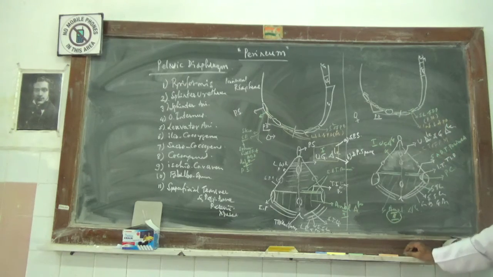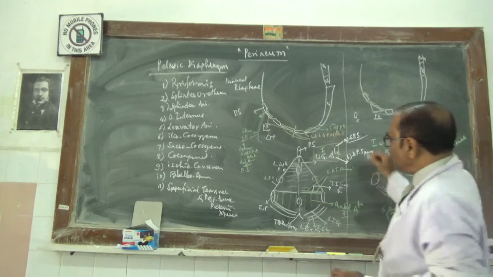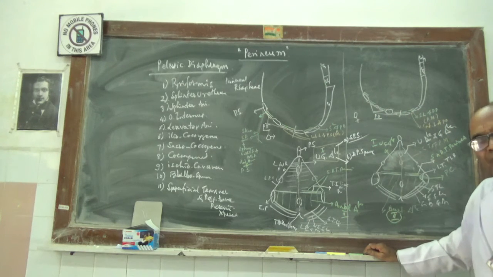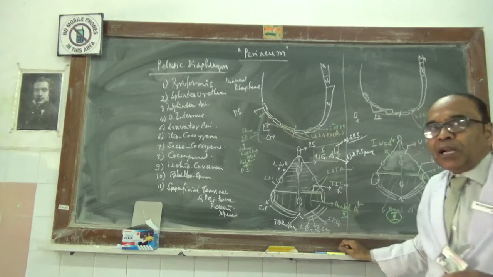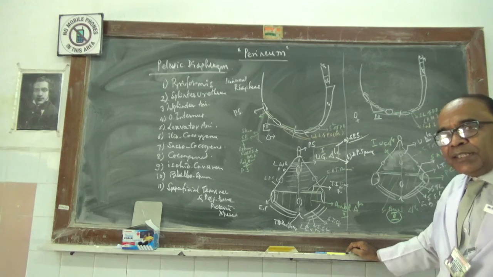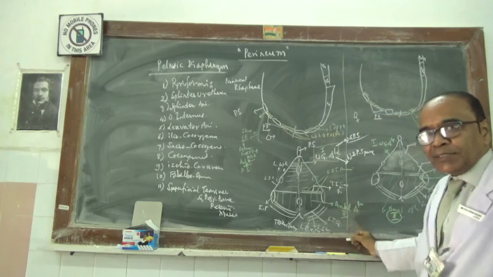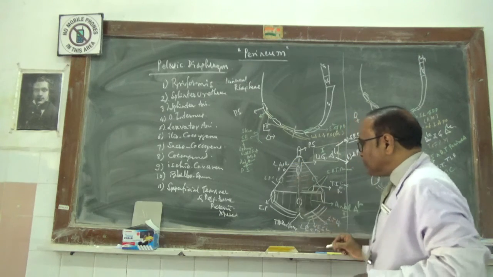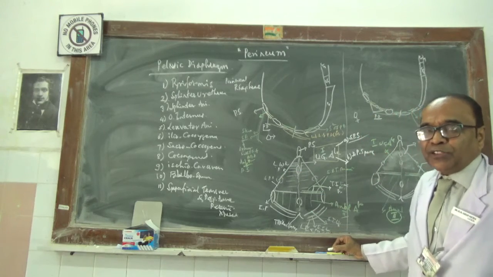The boundaries of the superficial perineal space. The superficial perineal space is a space which is present in both male and female. In the front, it is limited by the inferior part of the pubic symphysis or the pubic angle. Now anterolaterally on either side, it is limited by the lower border of the inferior ramus of the pubis and the lower border of the ramus of the ischium, where they get adjoined to each other.